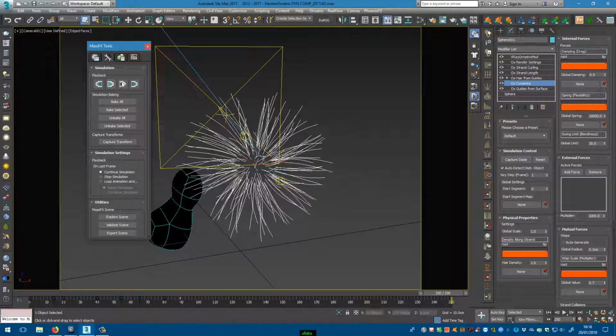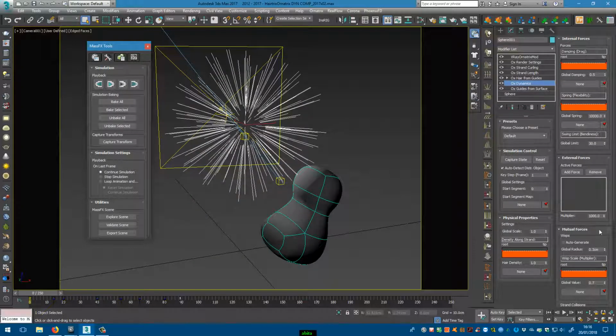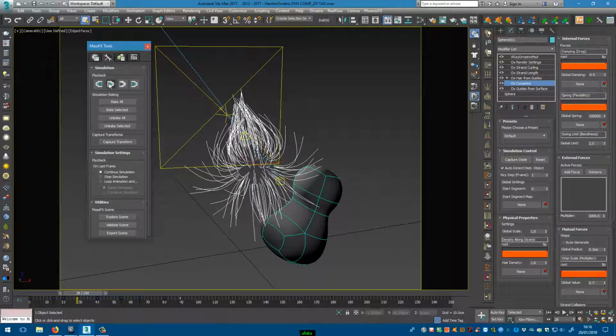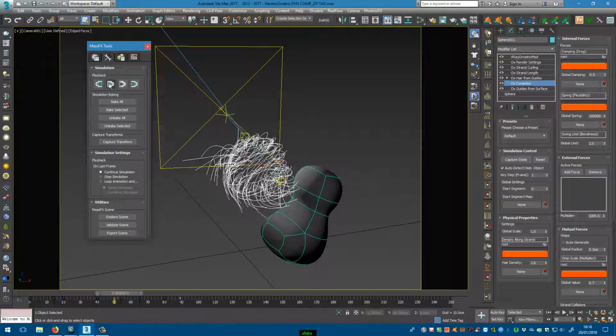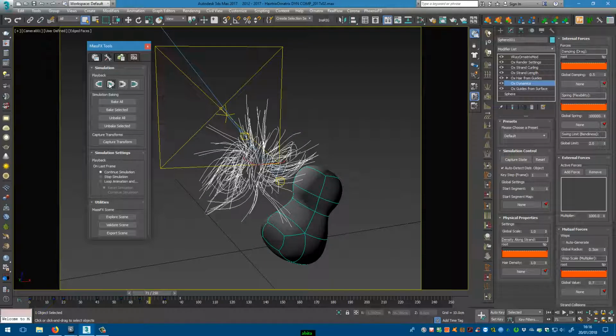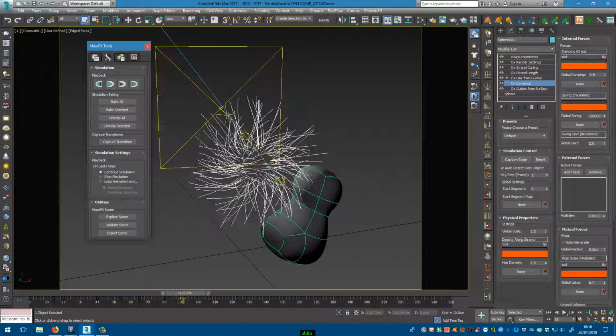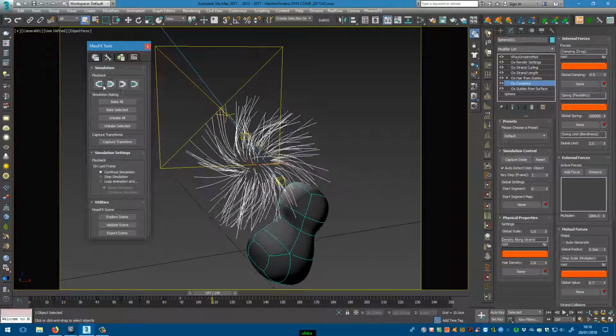So anyway, I'm gonna stop the simulation, go back, and as you can see, I want something very stiff, so the swing limit and the flexibility should be way higher, so I'm gonna boost them up and try again. And as you see, there is really little effect. They are less bendy, but they are shaking all over the place. So maybe again I will stop it